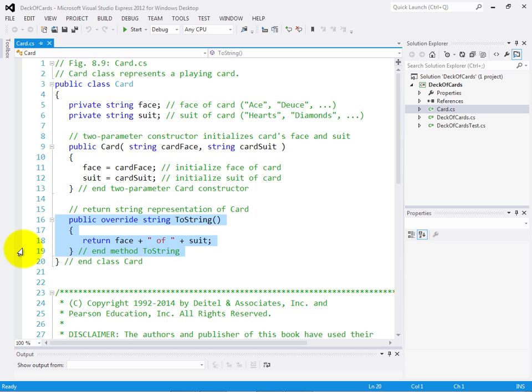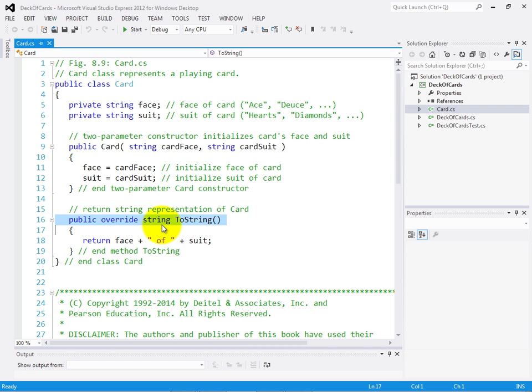Now, one of the key features of class object that every class has is a toString method. Every single object of every single class has the ability to be converted into a string representation via a call to the toString method. And the first line of that method must appear as shown here on line 16. The override keyword we'll get into in more detail when we go and talk about the inheritance lesson. For now, if you're going to define your own toString method, you'll simply want to mimic the first line that you see here. As you can see, toString has a capital T and a capital S in its name. It has no parameters, and it returns a string representation of an object.